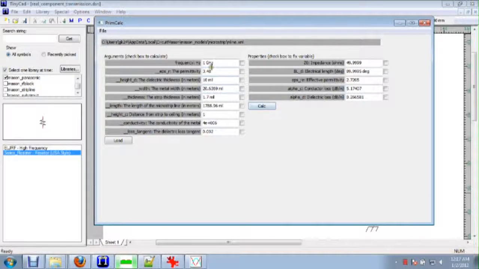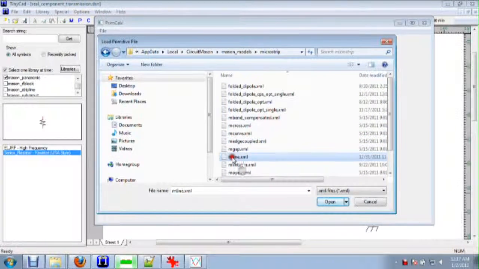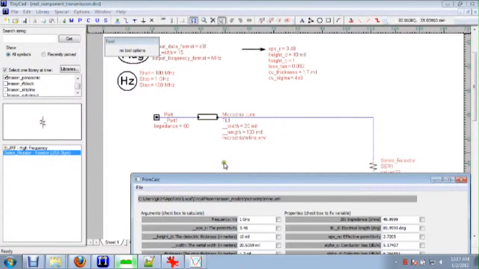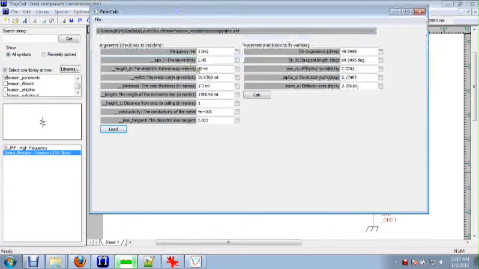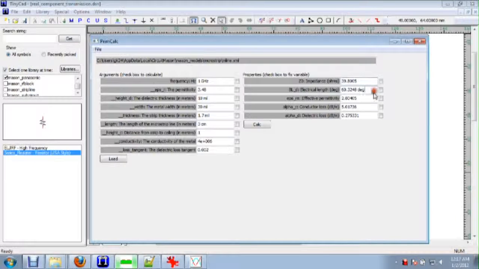what I can do here is I can actually calculate, given a microstrip line structure. So this is the Mason model library. I can go to my M-line structure. I know it's M-line because it tells me where the model is that defines this. And I can plug in different values. 30 mils, we'll make a 3 centimeter line and calculate that. And it'll tell me what the impedance, the electrical length is, the loss in dB per meter, but